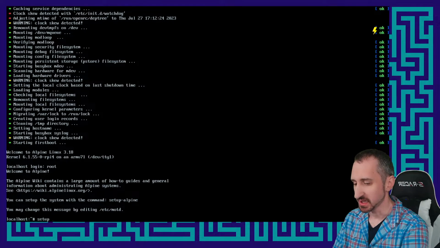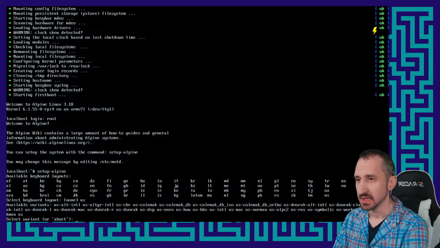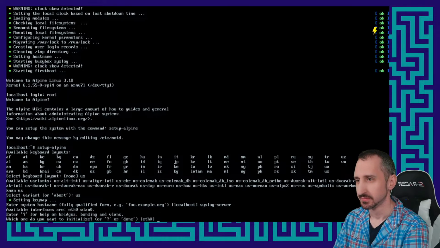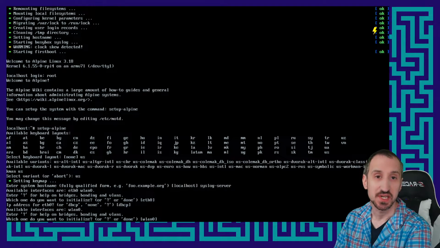First we're going to do setup-alpine as usual. Keyboard. We're going to call this syslog-server. We're going to set up eth0 for DHCP. Usually if you're going to set this up as a server, you actually do want to define a static IP address. Because I'm just doing this for demo purposes, I'm just going to keep the default of DHCP,